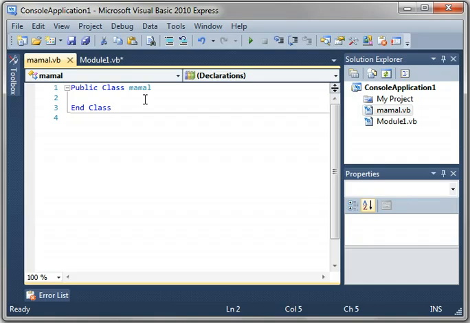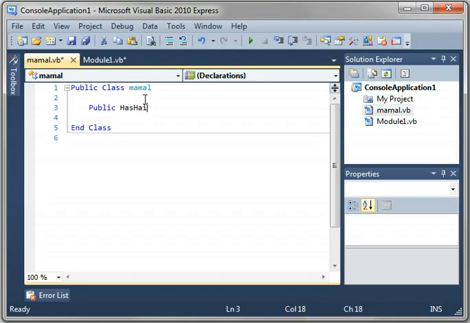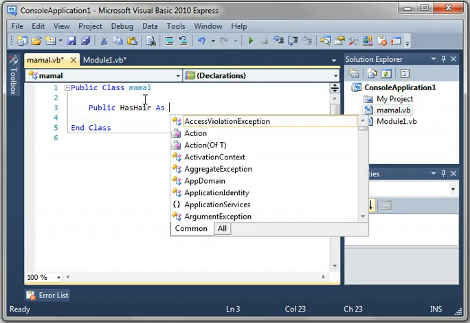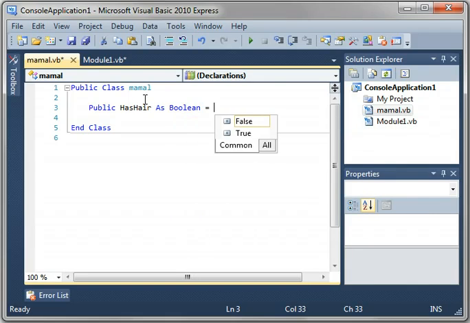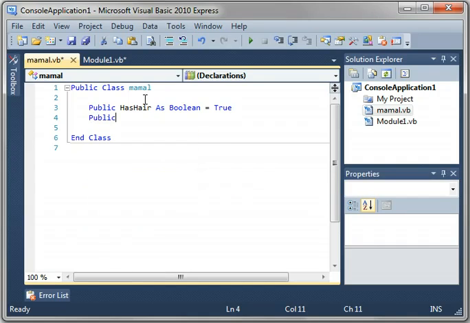And inside of the Mammal class, we're just going to say public HasHair as Boolean equal true, because mammals have hair. And what else do mammals have? They have a backbone, so we'll say public HasBackbone as Boolean equal true. Now close your Mammal class,